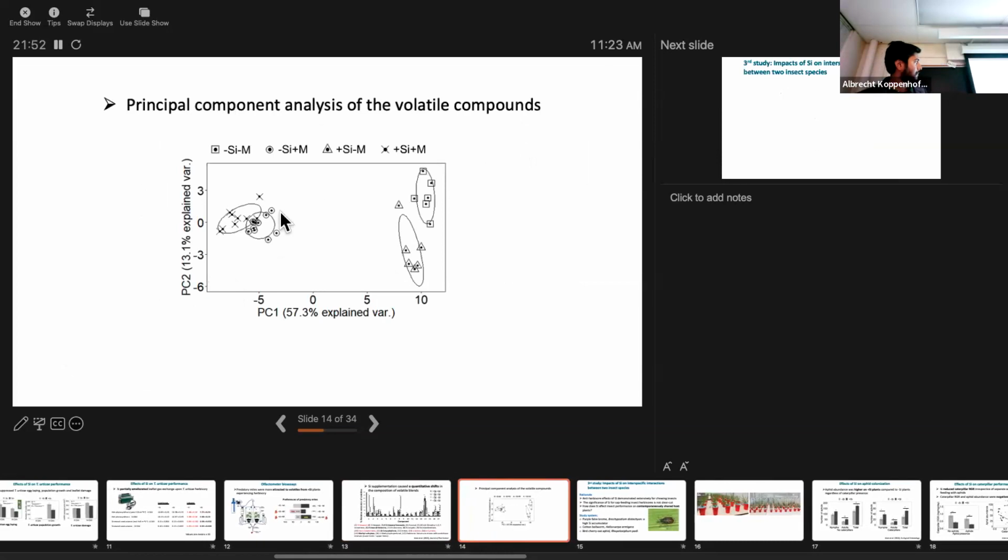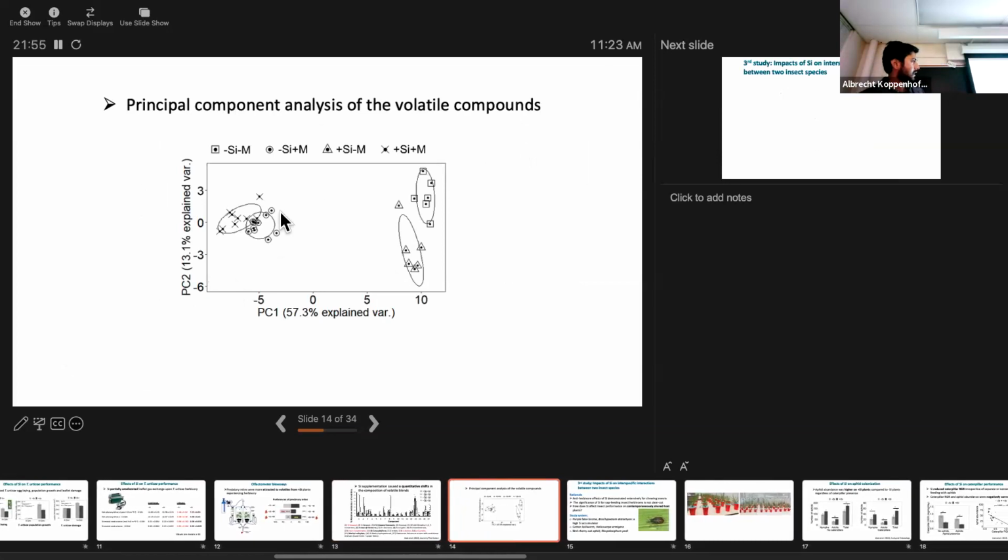So here is the separation of compounds, the PC analysis. You can see that the spider mite feeding is causing more variation. So the first principal component was mostly explained by spider mite feeding. So these are mite-infested plants, and these two are mite-free plants. So the principal component analysis resulted in 4 principal components, and you can see that 70% of the variation was explained by the first 2 principal components, and these are groupings of samples according to the first 2 principal components.